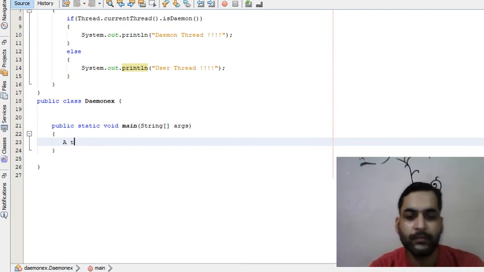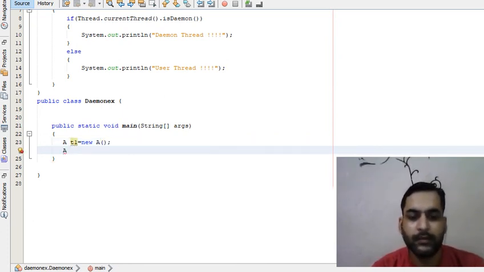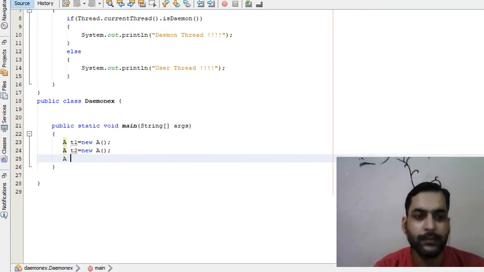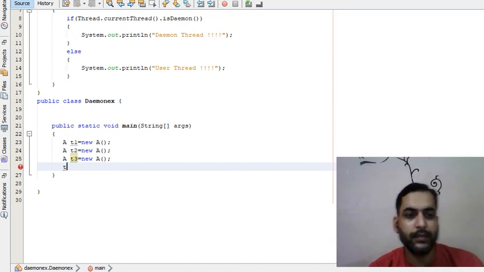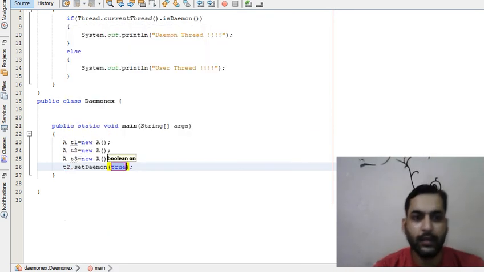A t1 is equal to new A, then A t2 is equal to new A, and A t3 is equal to new A. Right, and let us convert this t2 into daemon thread. t2.setDaemon(true).